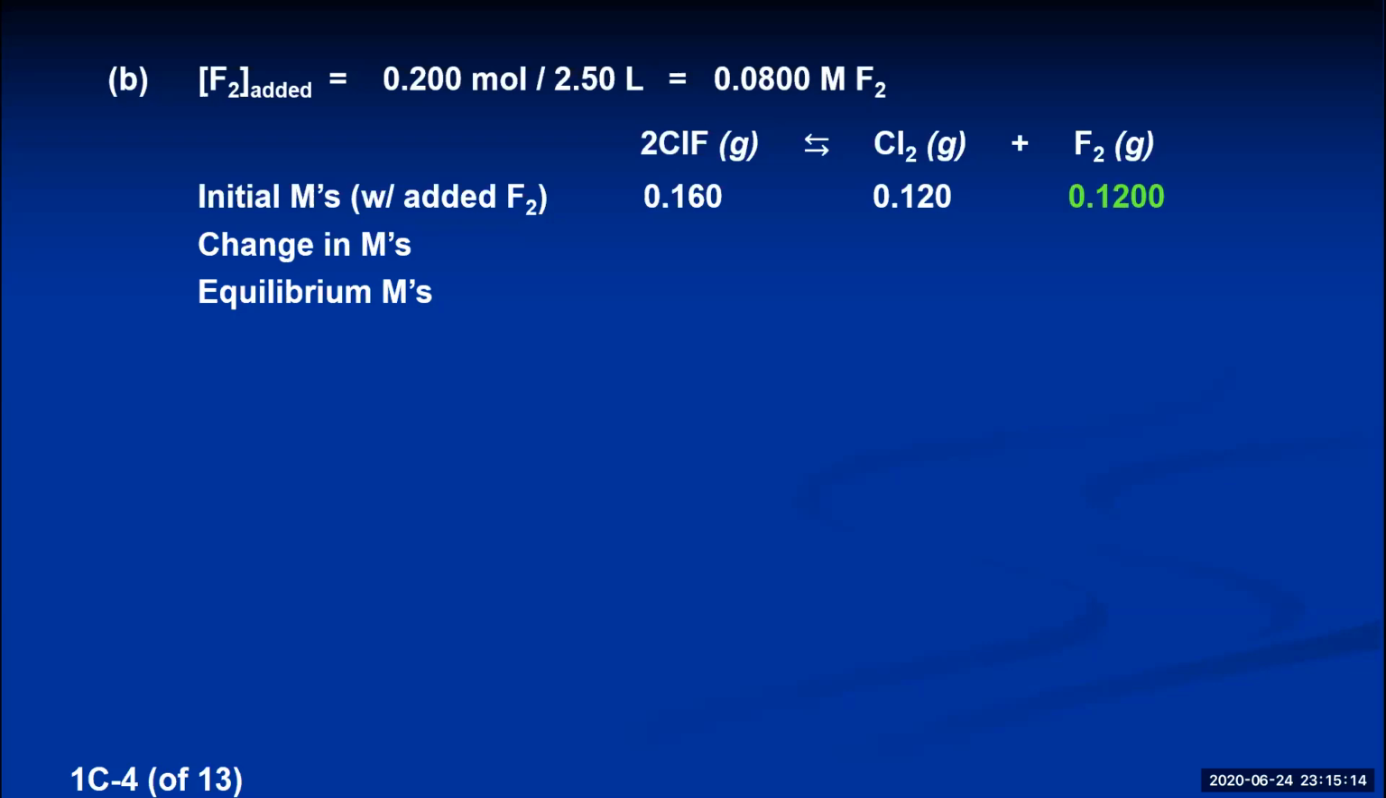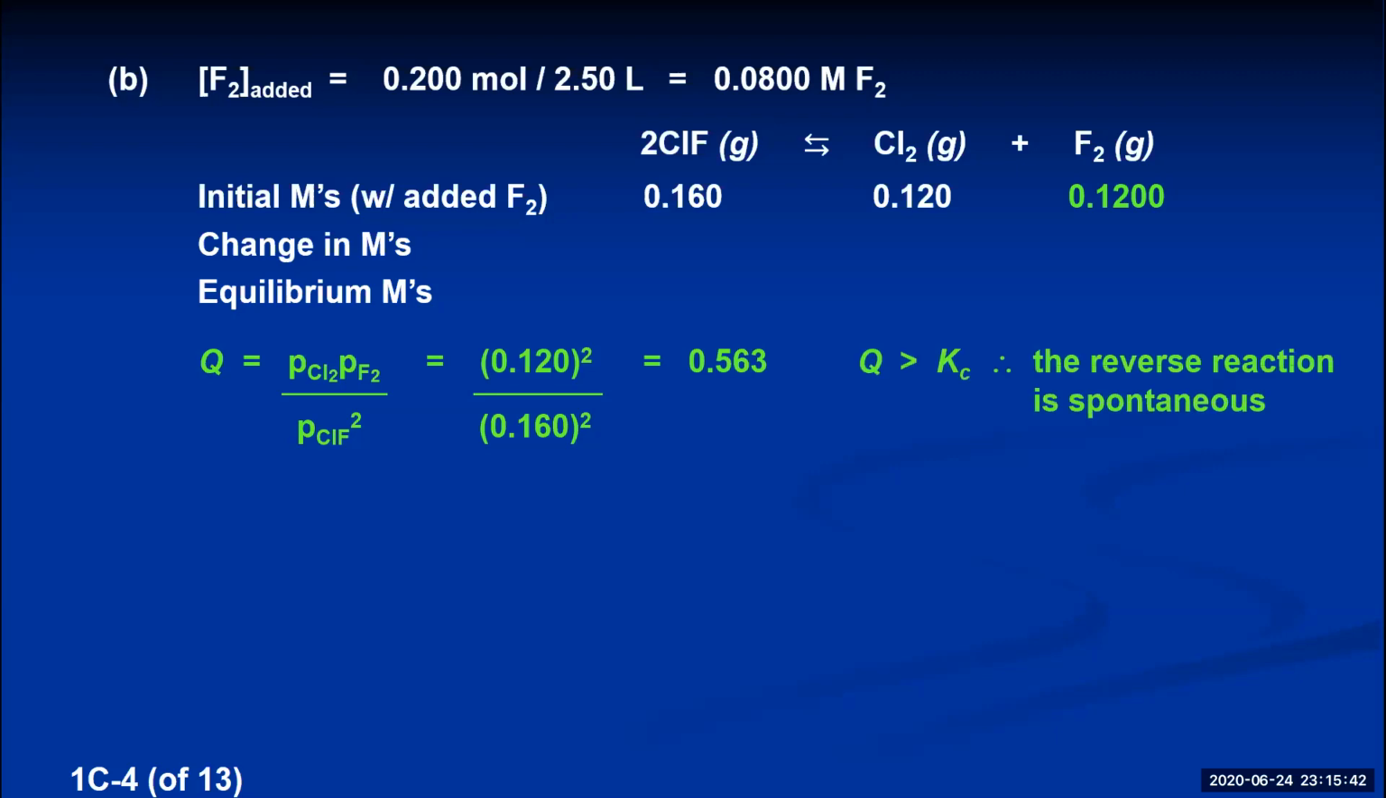of the fluorine 0.1200. Because we've added excess fluorine, that means that excess fluorine has to react away, and the spontaneous reaction is going to have to be the reverse reaction. If we want to prove that, we can calculate a Q value for these initial conditions, plugging in the two values for the products on the top and the value for the reactant on the bottom, and the Q value comes out